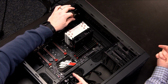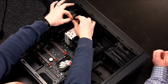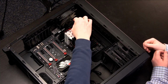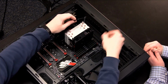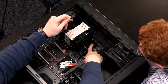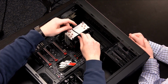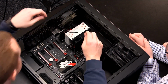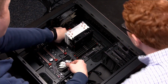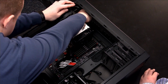We'll want to plug this in. And now is really as good a time as any to do so. So we'll go ahead and undo this twist tie and get that out of the way. And you have this fan header cable. Now, we saw the one that was specifically marked for CPU fan, right, over here. The other ones are going to be less specifically named. This one might be called system fan or alternate fan or something like that. So if I look over here, there's one, it's kind of hard to see, labeled sysfan 1, right? You see it, and you see the little black connector there. Yep. So we'll go ahead and install that